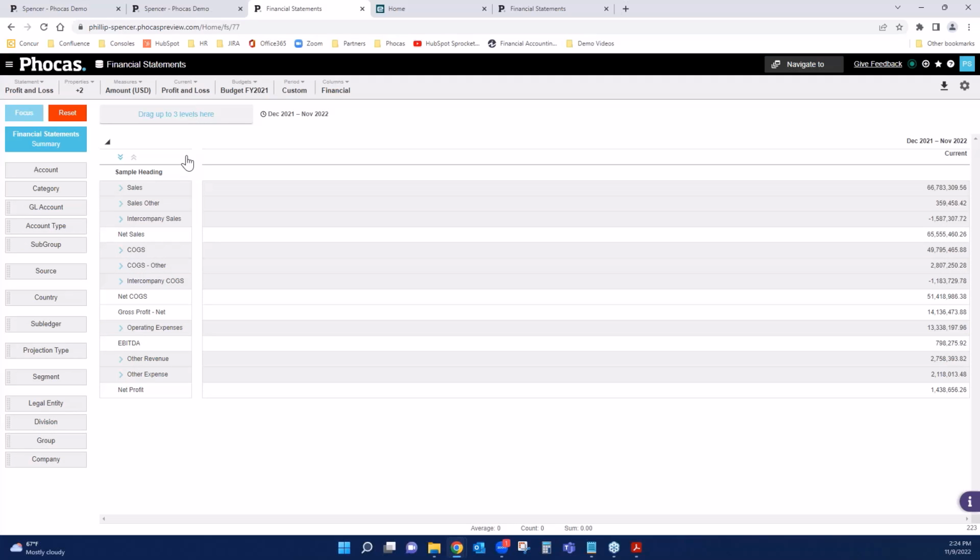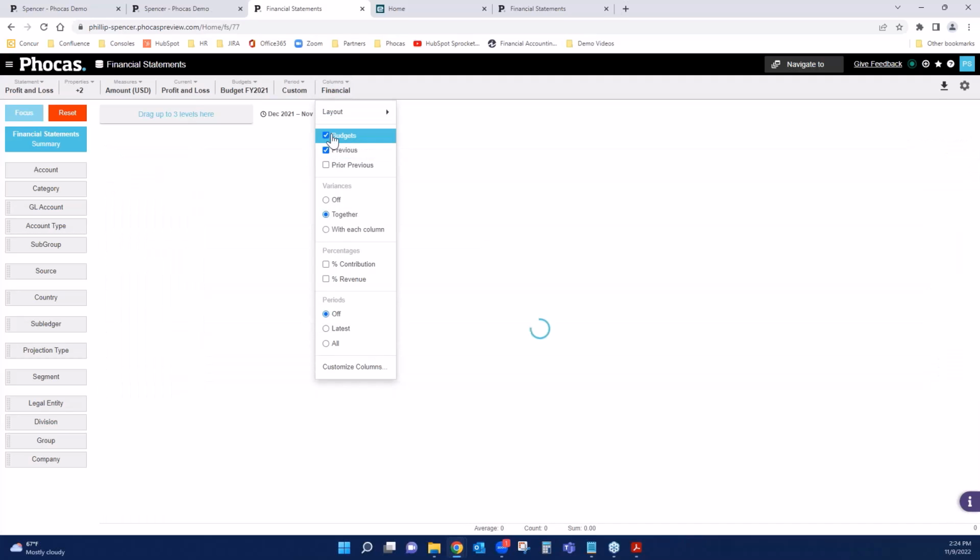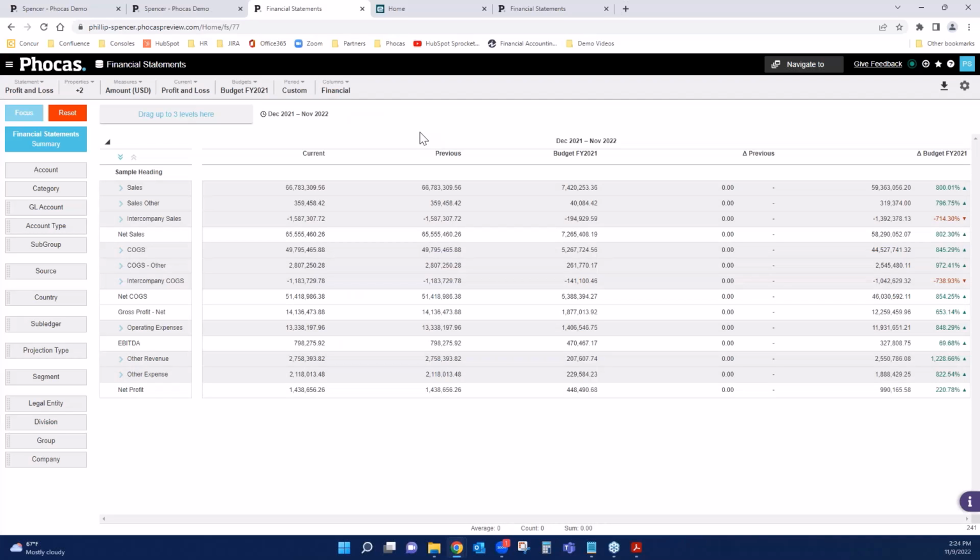Maybe this is something we want to just kind of keep an eye on. And instead of having to look at an actual report all the time, we can publish any of this. Let me go ahead and put that back in there, the previous and budget. We can publish either any of these categories or even a line item detail